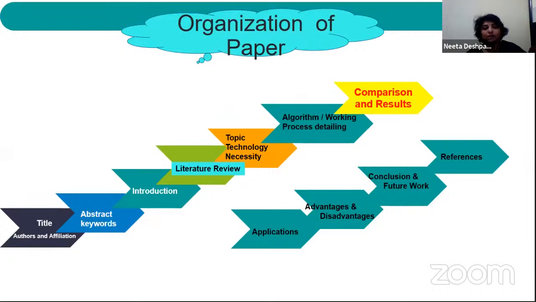Then the second important thing is your authors and affiliation. Normally your authors and co-authors play a major role. So if the researchers themselves are your co-authors, obviously your paper will have a little more weightage. The second point after the title is your abstract. Normally an abstract is written in 200 to 300 words. Every journal and every conference will have their own bindings on the number of words to be used in the abstract. After the abstract, immediately follow the keywords.